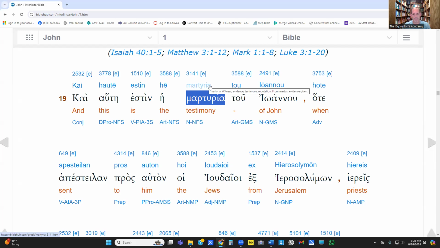All right. And then the number here, and this is the key, the number given at the top here, that is the Strong's number. If you remember from Module 1, when we talked about this, the Strong's number, William Strong, he came up with a concordance where he identified every single word used in the Bible.